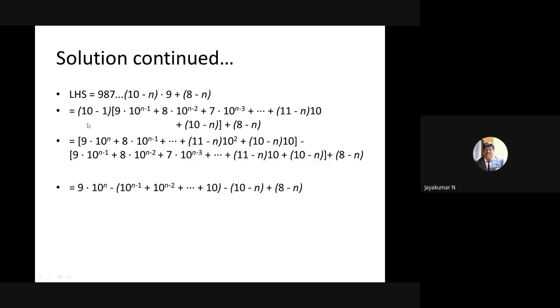Okay, you have to understand very carefully here. So 9 into 10 power n, I can keep the first term as it is. Then how do I get the next? See, 8 into 10 power n minus 1, here 9 into 10 power n minus 1. If you subtract it, I will get minus 1. In the previous case, I got plus 1. Here I can get minus 1.